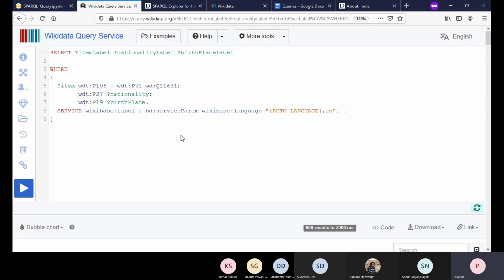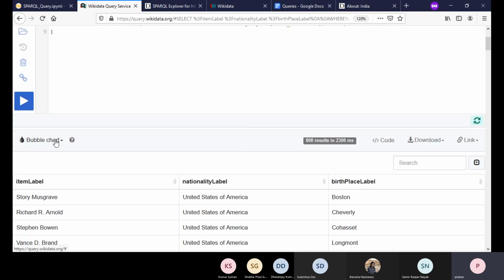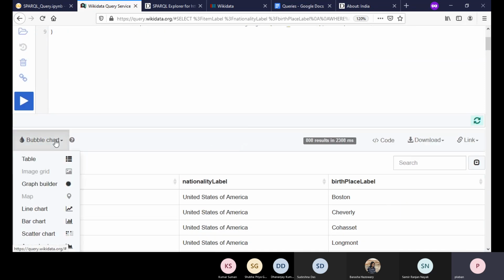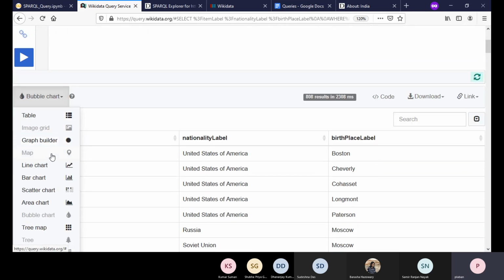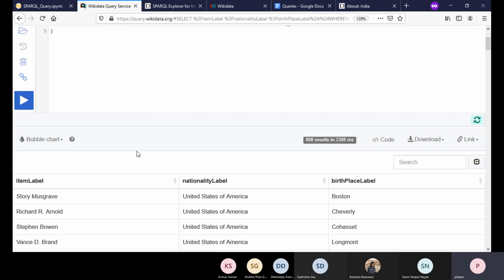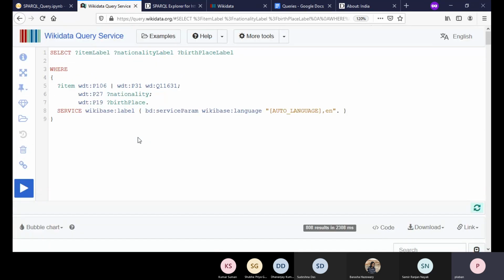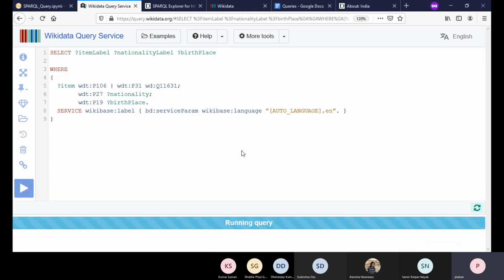Now I need to know the birthplaces, but I want to view this on a map. So you don't need to select this bubble chart for that. How do I get a map? Okay, so if we have something like this, then execute this.